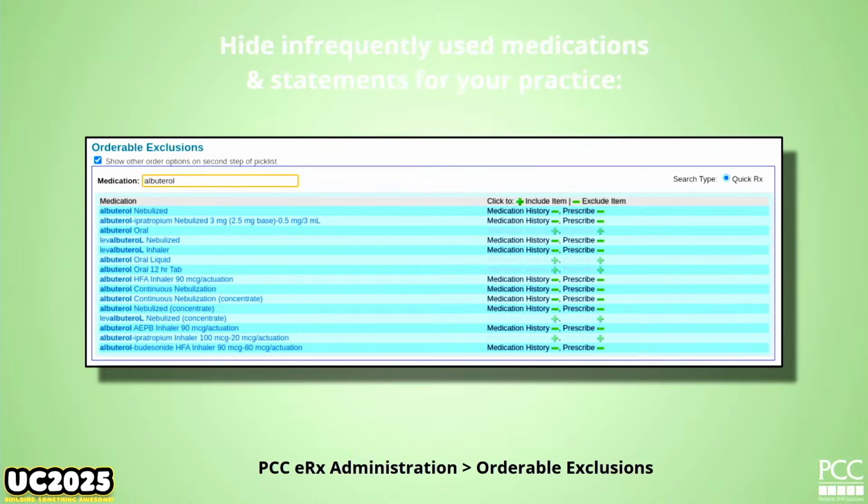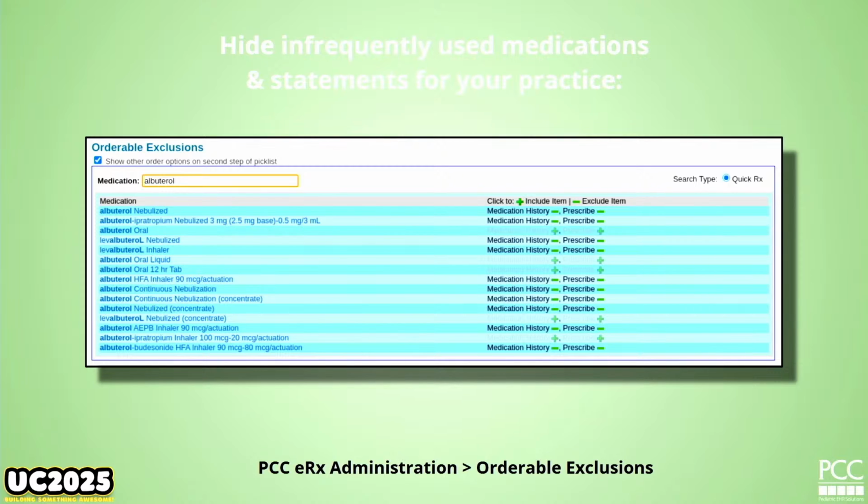There are so many drugs and so many statements in the system, and I didn't say this earlier, but that searching is based on what's appropriate for your patient's age. So you'll see a shorter list under QuickRx, and if you want to get to everything, go to full product search. But even then, you might say, this is so much stuff in QuickRx. You have the capability to control that in these panels.